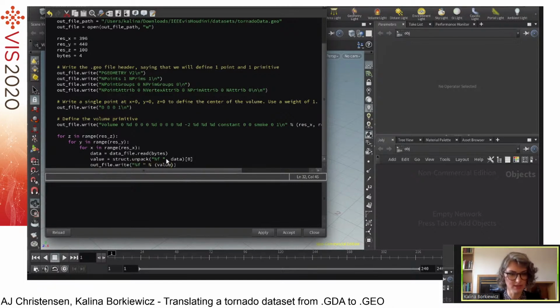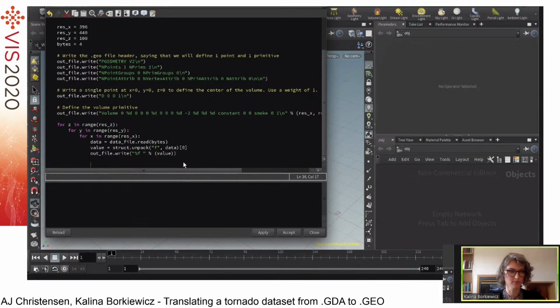And actually, I realize now that I wrote this incorrectly. That's what we want there. Okay. Now we're done looping through our data, and all we need to do is close out the file with those last 2 lines. Begin extra